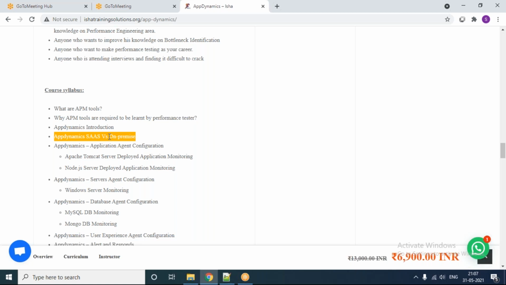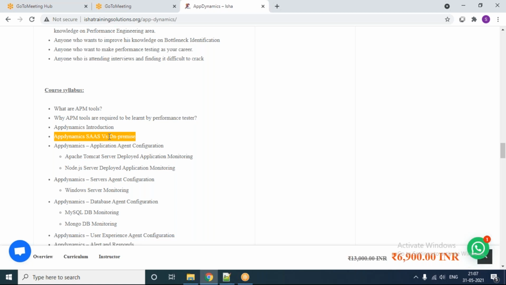So I'll ask certain questions, like how did you do this configuration? How did you get the metric? How did you extract the metric? How did you analyze the bottleneck? Which way did you do the root cause analysis? If I ask questions like that, it is an easy way to understand whether these people are actually doing a theoretical understanding or a practical understanding.